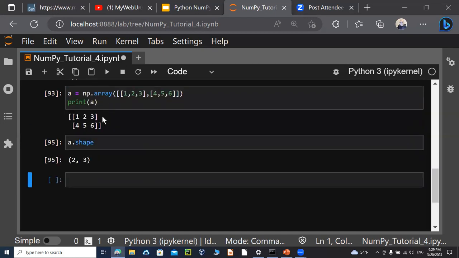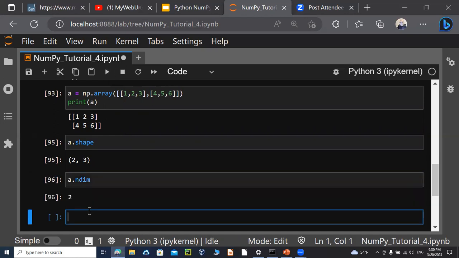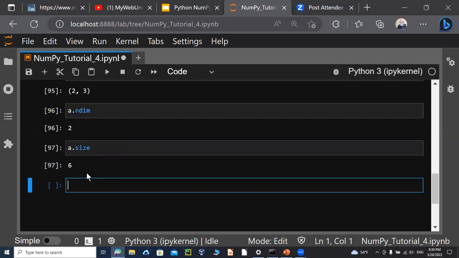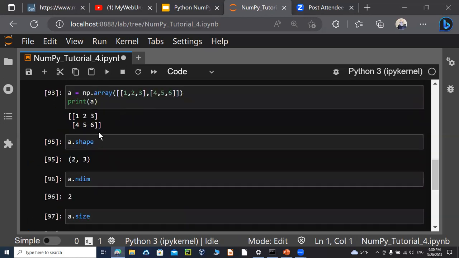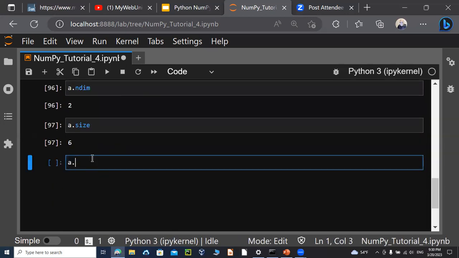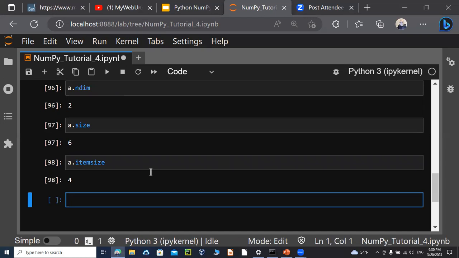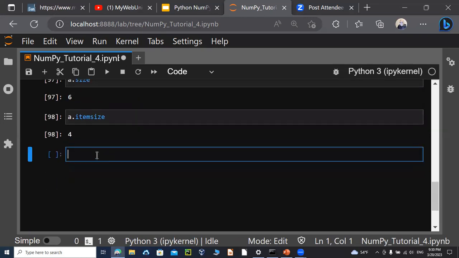You can see 2 rows and 3 columns, and then a.ndim is going to say 2 dimensions, and similarly a.shape we did, a.size is going to say the size of it, that is 2 times 3 is 6 items in there, and then a.itemsize is going to tell you in bytes how many bytes each item takes, 4 bytes in this case,